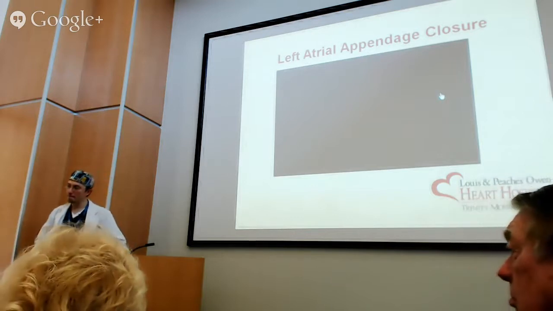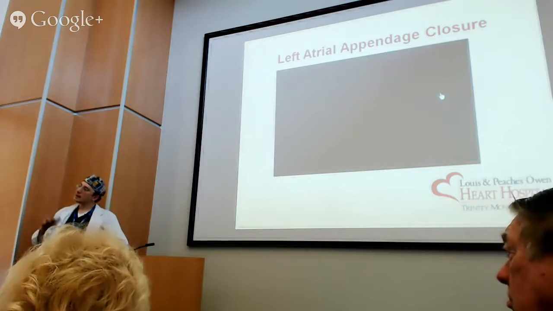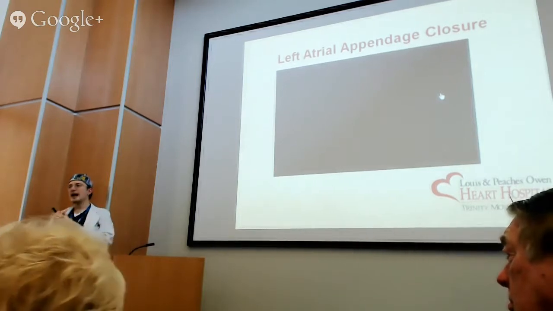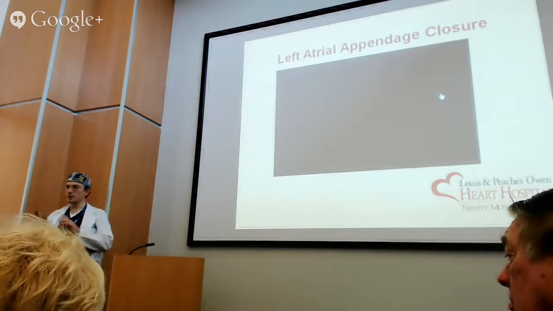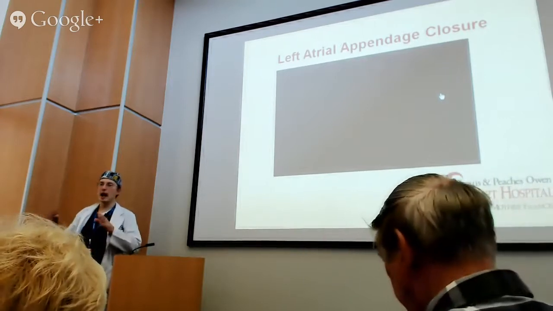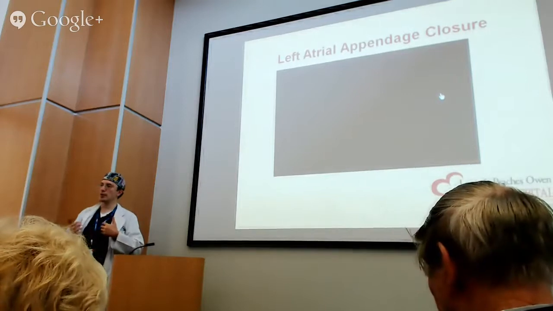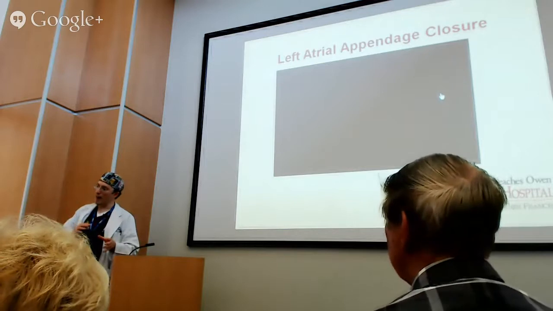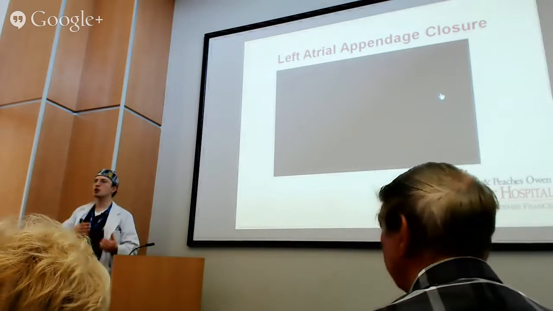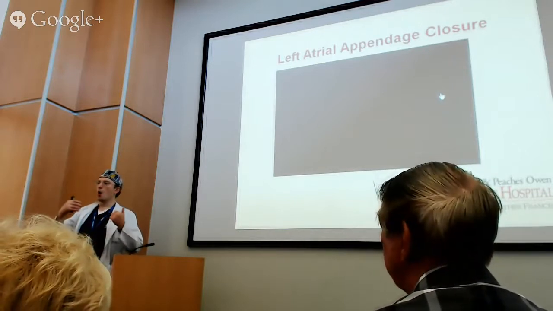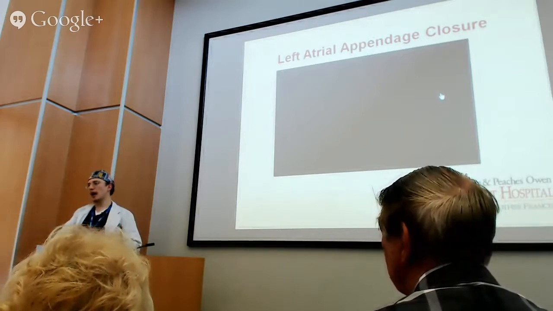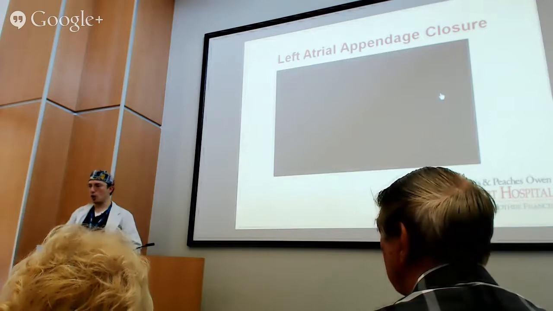I had a couple of bypasses. Did they take that out at that time? Sometimes they do and sometimes they don't. It depends on a number of different details, on the type of procedure and some of the circumstances. Sometimes, if you do a triple bypass with conventional techniques, on the bypass machine, you stop the heart and you do the bypass, it's easy to access the appendage and cut it off.